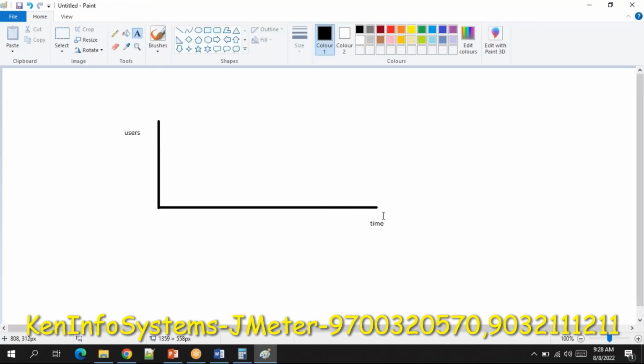this horizontal line represents the time and the vertical line represents the users. If all the 1,000 users log into the application at the same time, the graph looks something like this. And it's not a proper way of doing performance testing, because if all the load comes to the system at the same time, the server is not able to handle all the requests at the same time. So we even need to simulate the production-like scenario, right? So what we will do,